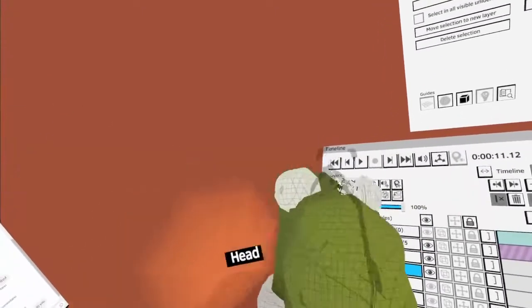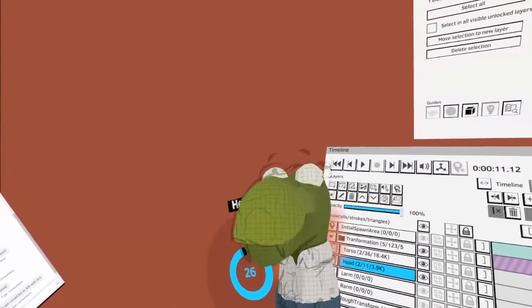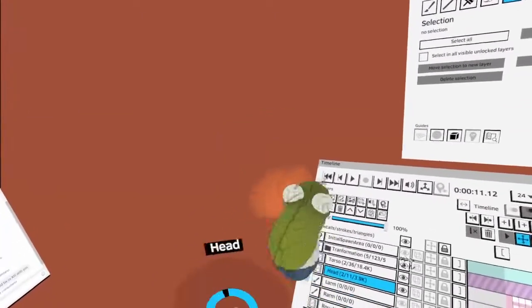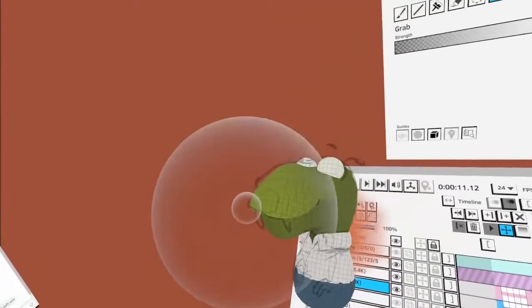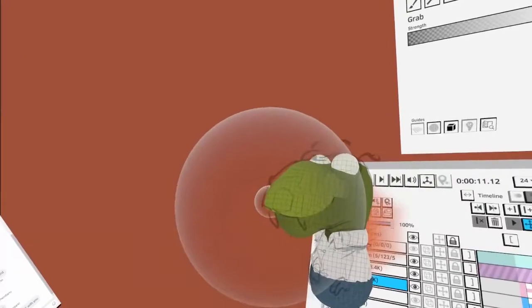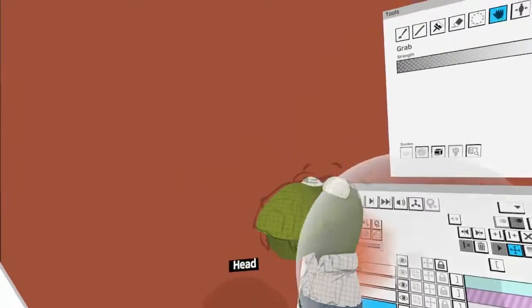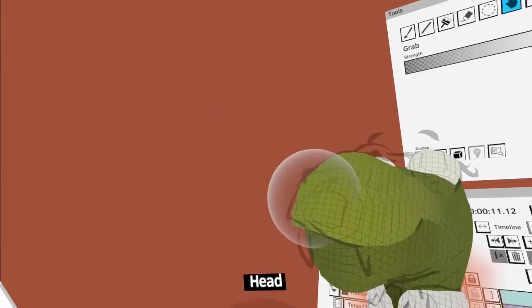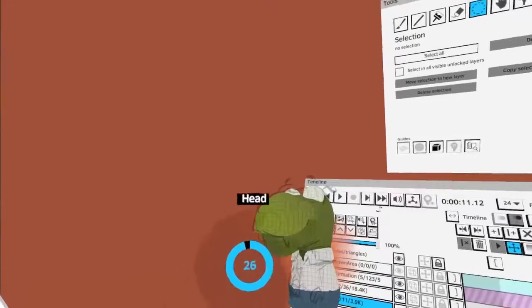I want to make it look nice and round. Just to try to keep it low poly as well. Hopefully this will deform properly later, I hope. Yeah, more or less. It's a little bit of a problem there maybe. As long as I'm careful when I'm